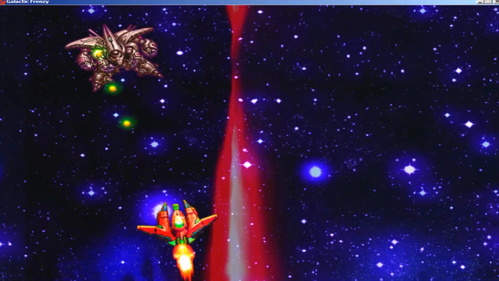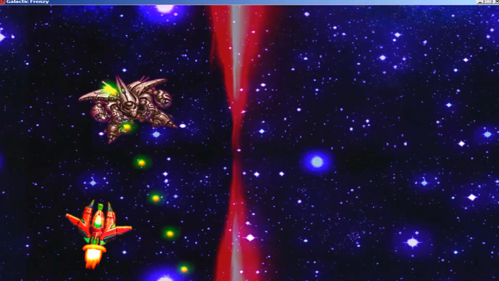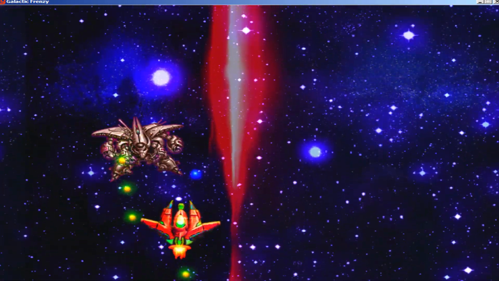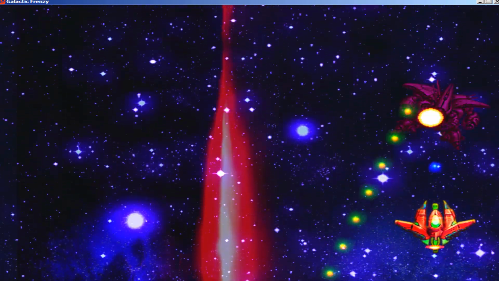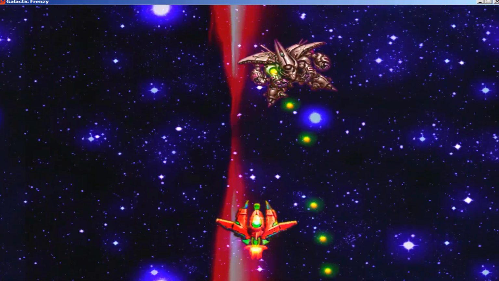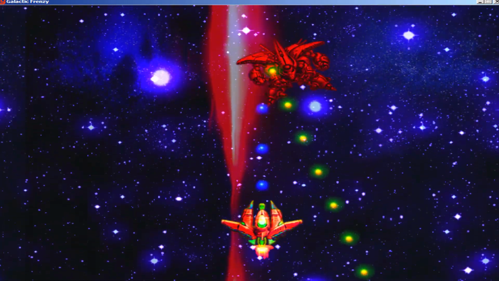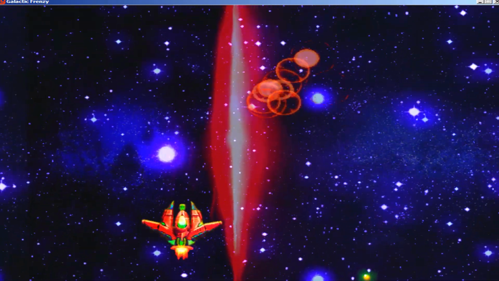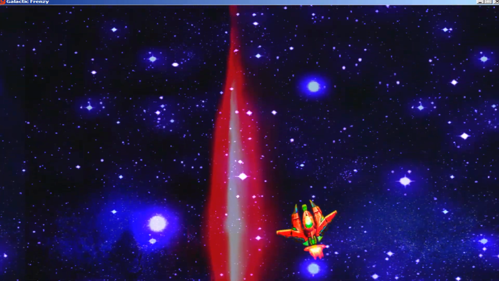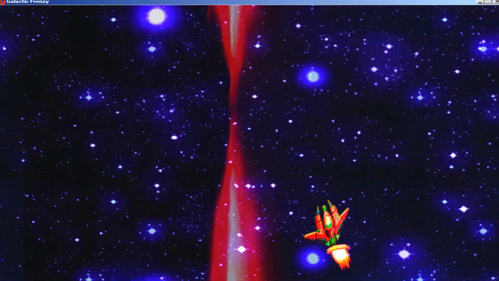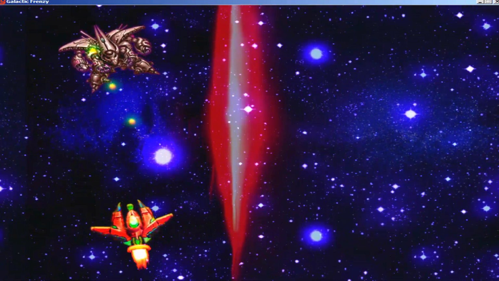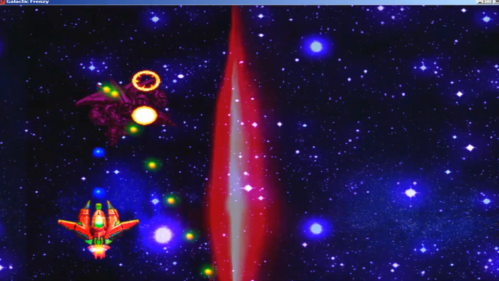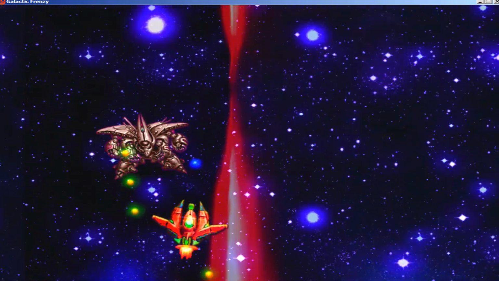It'd be kind of cool too if we could speed up and slow down and then have the nose go up and down a bit. I'd maybe make it so that when you blow up some of the bad guys, you can collect something, like a power up, but it doesn't automatically give you a special shot.